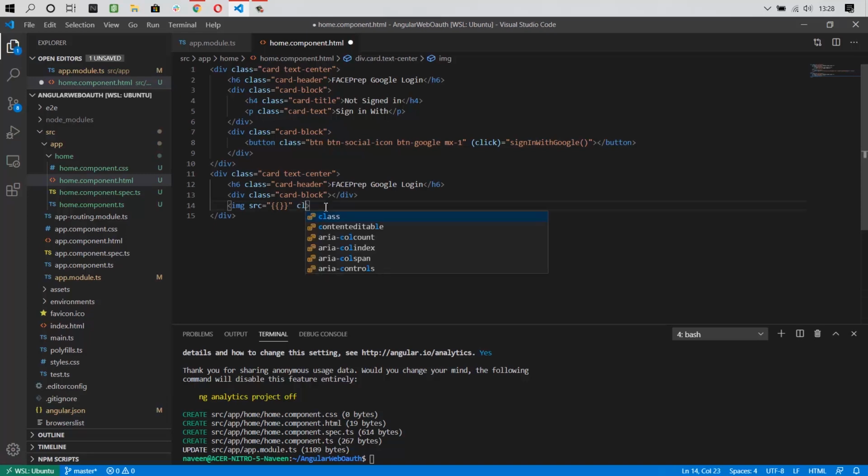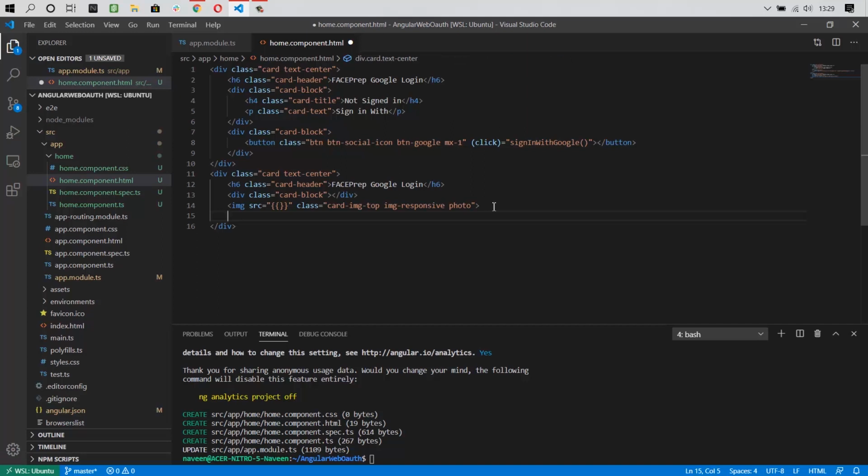And here I'm going to define a style. So that is card image, right? So card image, and I'm going to define it in the top, and we need it responsive, right? So image, that is photo. Once the image is done, now we are moving on to email and name.